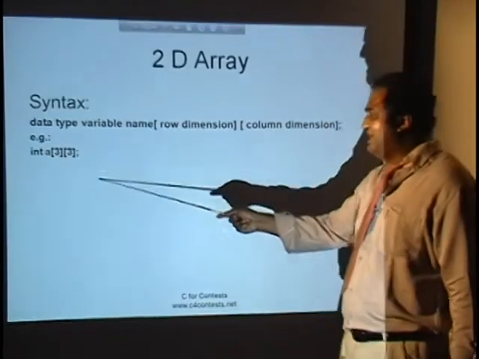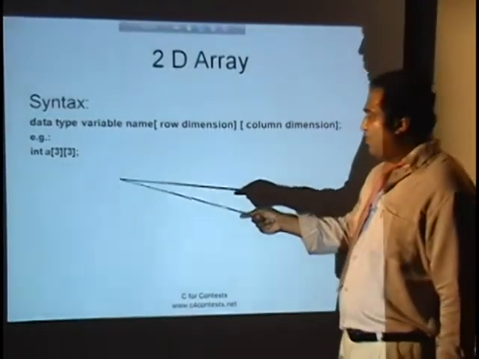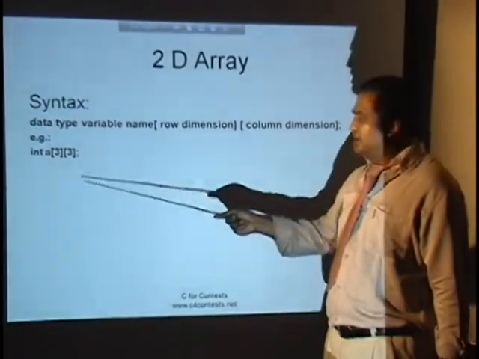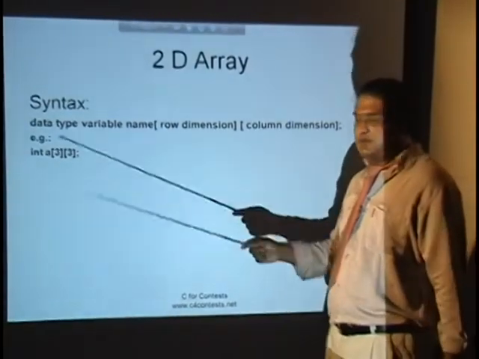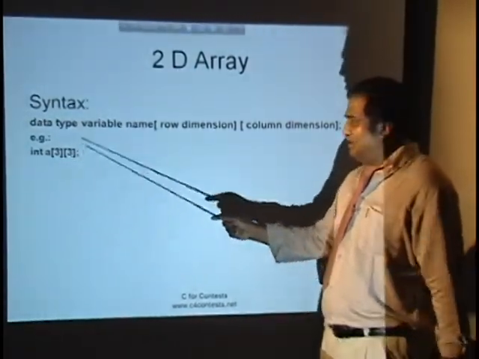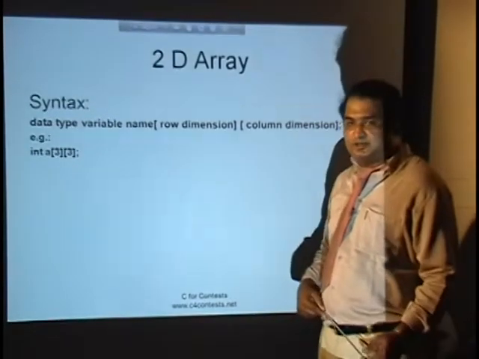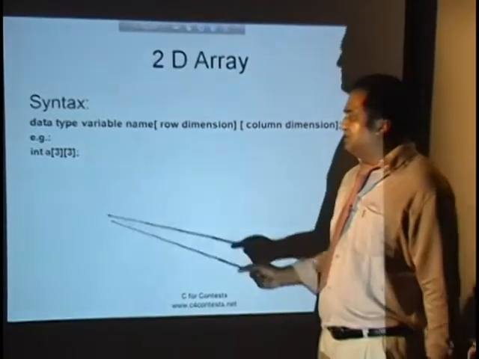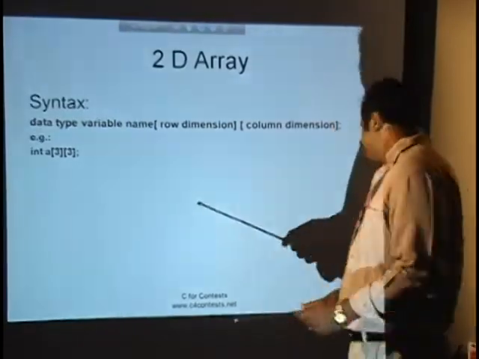That means it's almost like an x-axis and y-axis. On the x-axis you have 3 rows, and on the y-axis you have 3 columns. So this is 3 rows and 3 columns. Now from 1D we are going to 2D. That's why this array is also very important, because whenever you are dealing with 2-dimensional input or 2-dimensional stuff, you need this array a lot. So rows 0 1 2 and columns 0 1 2. This is how this array is declared.